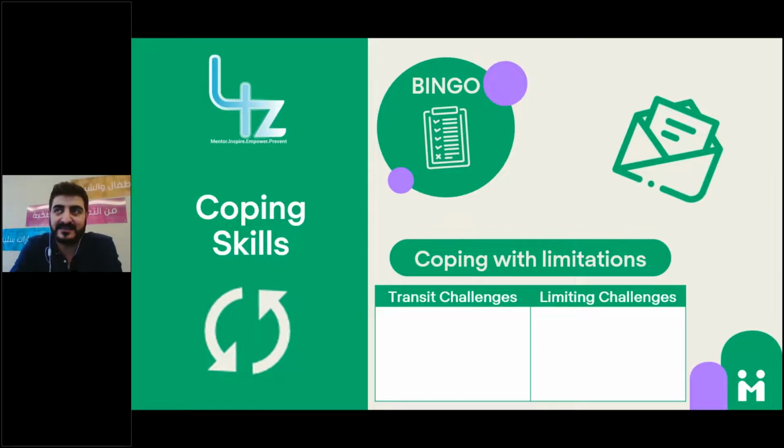It's a very well known activity, where we put negative coping mechanisms and positive coping examples, and the participants should pick from them, and at the end, based on the numbers that we provide, the one who has a horizontal or vertical line has to scream bingo. And after this activity, we go over each example that was provided on this bingo, and we talk about it,